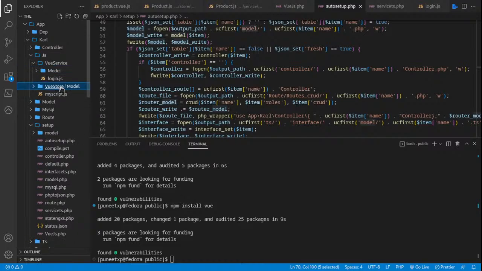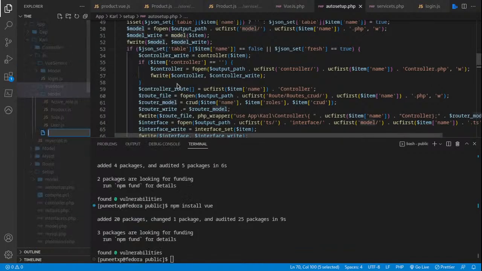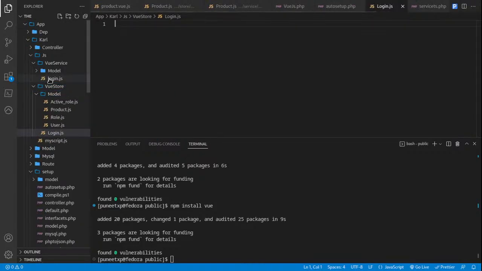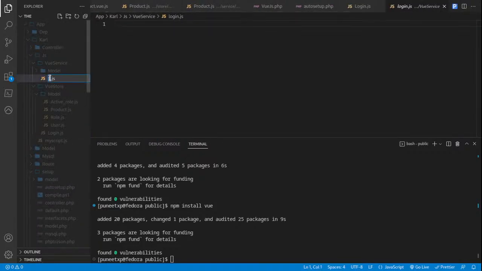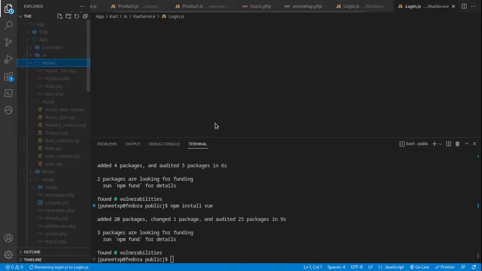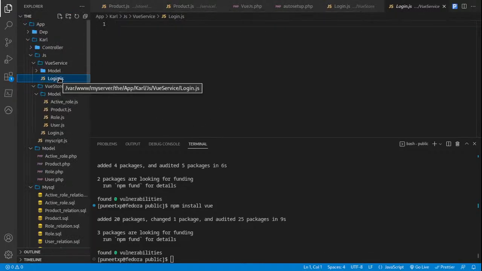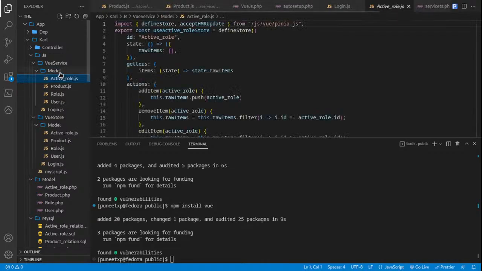In a Vue store, we can make some new things here, because like I mentioned, I can make a login.js, so we can make something like that here, but it's not anything that we generated from our, what the hell happened here. Okay, it's not like we generated something from our, I'll say not backend, not from the model that we created. So we can simply maybe